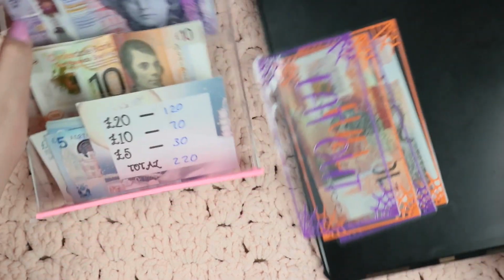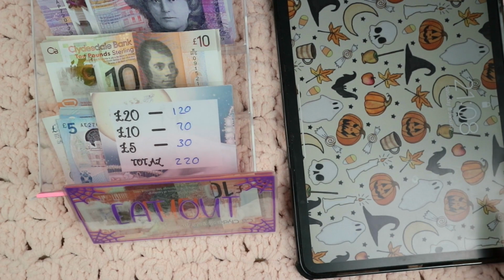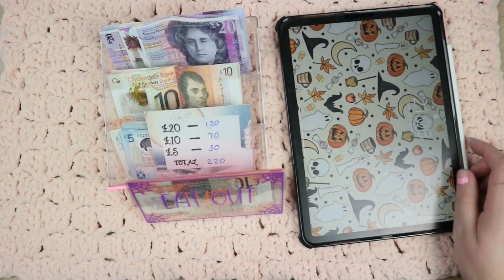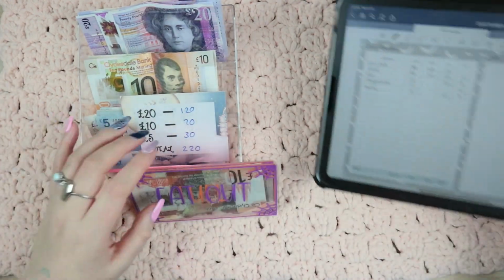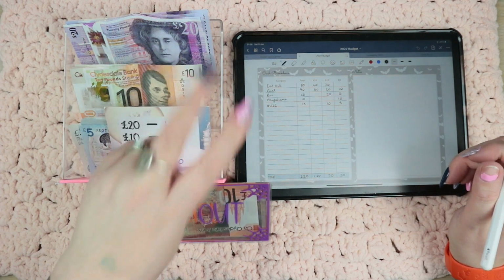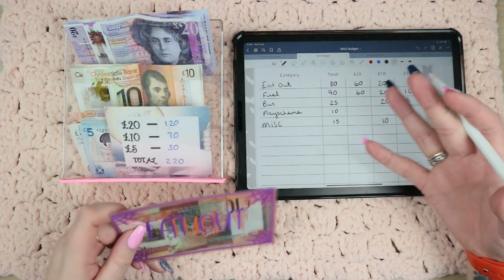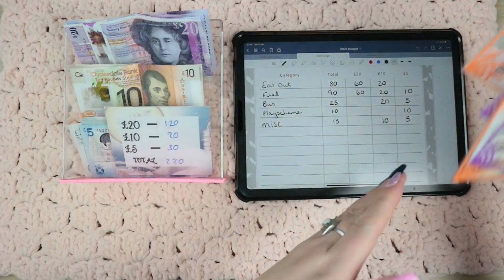I am here for a cash envelope stuffing for January. Oh yeah, January. We're there already. So my cash stuffings are going to look a little bit different this year. We are going to be doing 2 cash stuffings a month. We've got this one, which I'll do at the beginning of the month, which is my cash envelopes to use